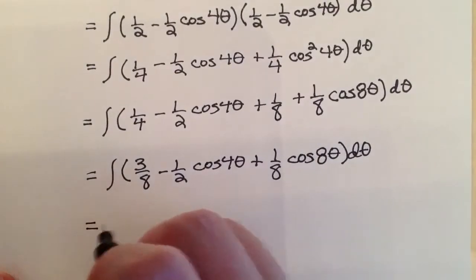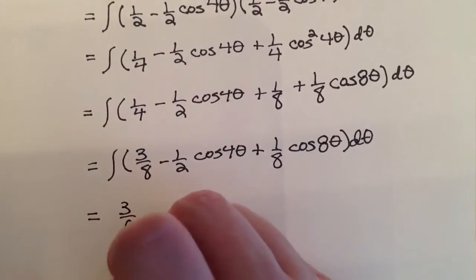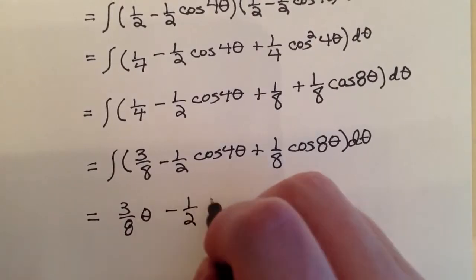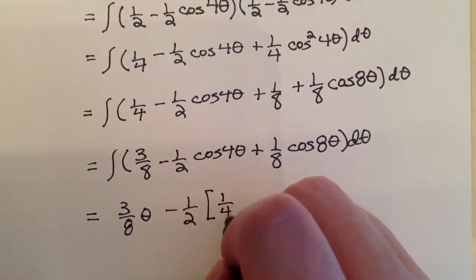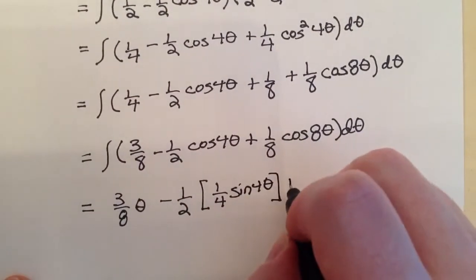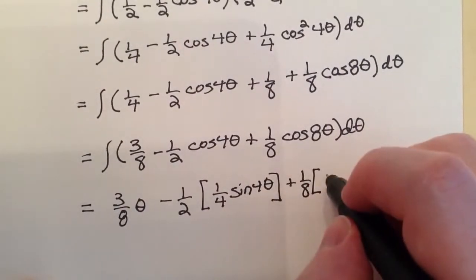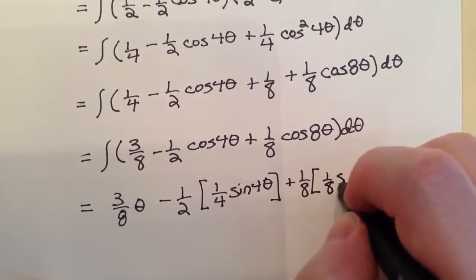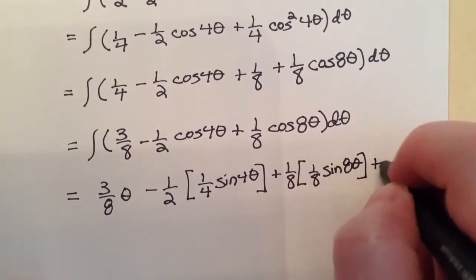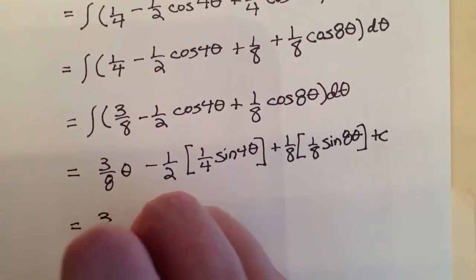And so working with what we have, taking the antiderivatives, we have 3/8 of theta. We have minus 1/2, and the antiderivative of cosine of 4 theta is going to be 1/4 of the sine of 4 theta. And then we have plus 1/8, where the antiderivative is going to be 1/8 of the sine of 8 theta. Followed by the constant. And so we will have for the final result 3/8 of theta